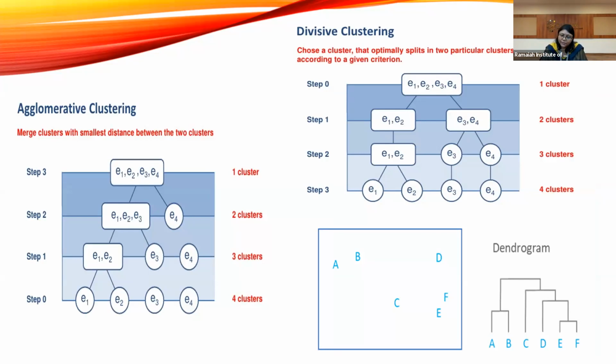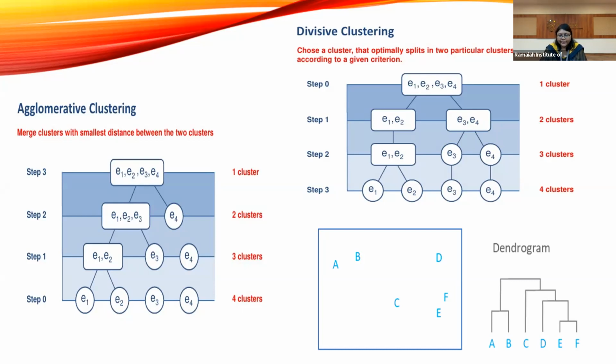in the dendrogram, now suppose imagine there are 6 data points, A, B, C, D, E, and F. Now with the 6 data points, if I ask you to cluster them or to make them a group, what you will do is look for the two objects or the two letters which are closer to each other. Obviously, it seems that E and F and A and B are closer to each other. So A and B and E and F, you will club together. When A and B are clubbed together, this is the first cluster that we are getting. Now E and F, we are clubbing together. This is also the second cluster that we are getting.